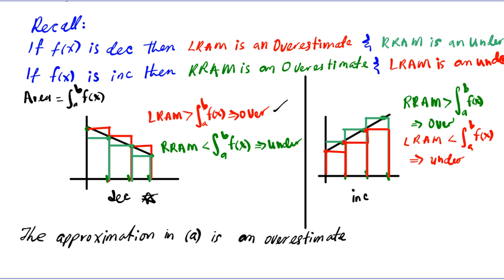is it sufficient just to say, oh, it's an overestimation? The answer is no. You're asked to explain your reasoning. Okay, so to earn the full points for this problem, you want to state the answer and the reasons. So the approximation in A is an overestimate because, this is your explanation, because the area